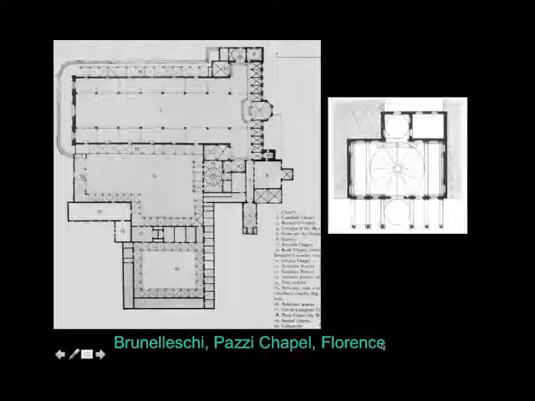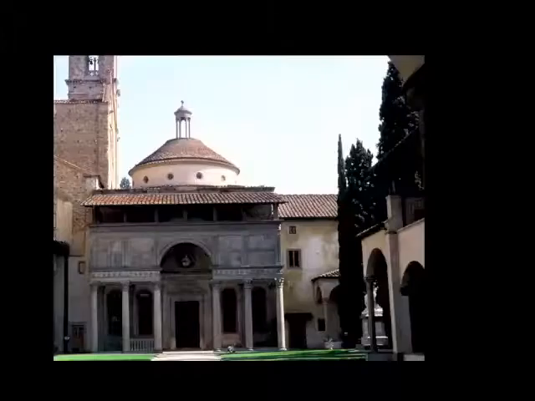Here at the Pazzi Chapel, there's something a little bit more complex going on in terms of the geometry. We still have a centralized figure situated inside of a square, a little Vitruvian diagram. We still have a ribbed umbrella dome, but we have a series of barrel vaults peeling off of this on one side, and the proportion of the barrel vaults is arithmetically related to the proportion of the central square. And over here we have a place for the altar, a little apse, which is another centralized figure, baby centralized figure. So it's sort of fabulous.